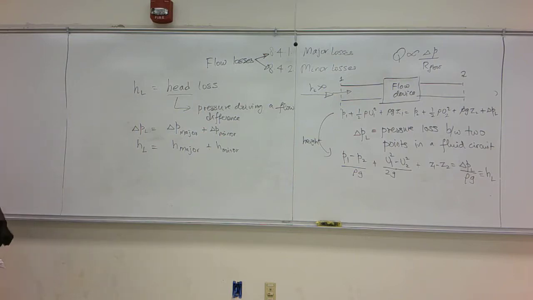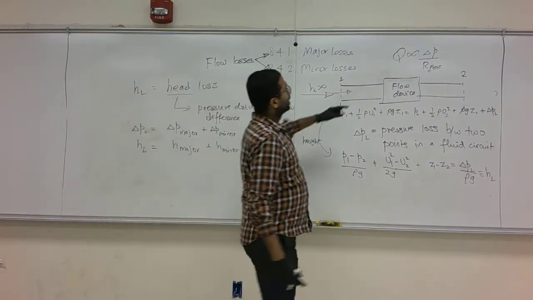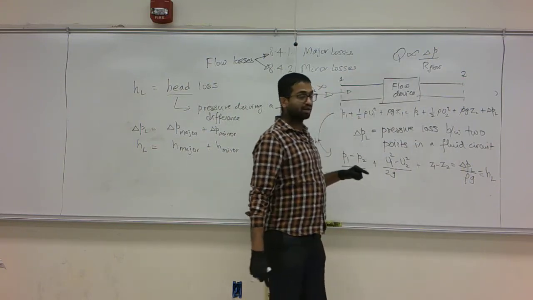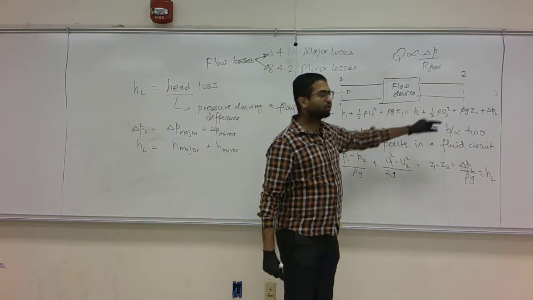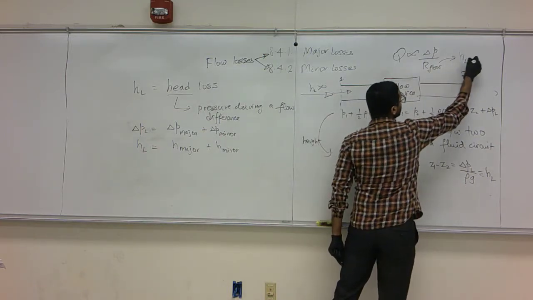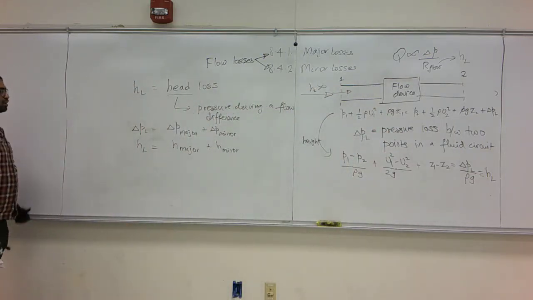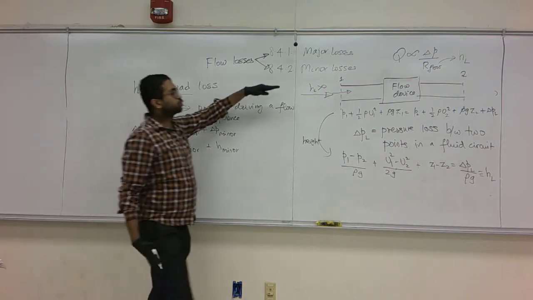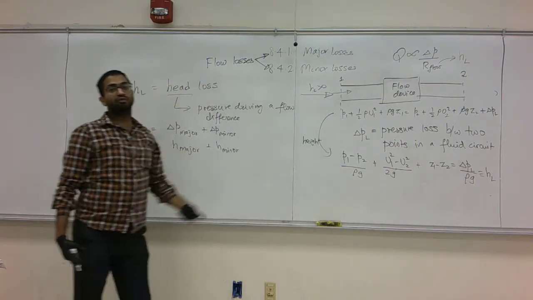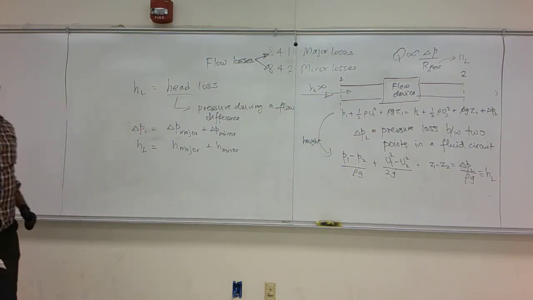Now when I am practically evaluating or designing a fluid system, if I know my delta P or if I have a target flow rate, what I typically have to do is estimate this resistance to flow, which is directly related to the head loss. How much loss am I going to encounter because of the flow through this device with a pressure drop of delta P producing a flow rate of Q? That's the goal usually, and we'll see that through examples.